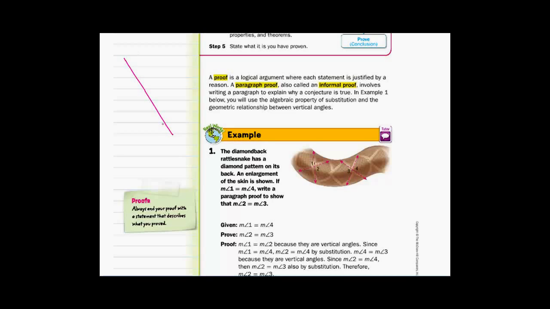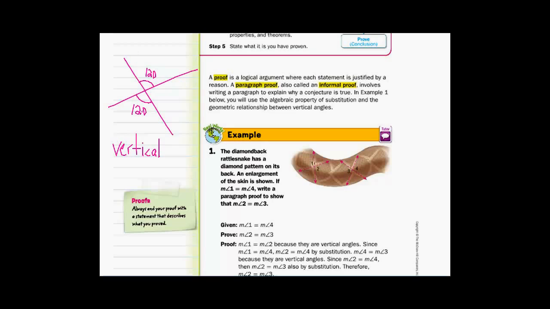All right, let's say we have two lines that cross, say like that. Okay, there is another type of angles, vertical angles. Now, normally you think about vertical being up and down. In geometry, it means we're talking about angles that are directly opposite each other. More formally, they're non-adjacent angles that meet at a vertex. Non-adjacent means they're not next to each other, so there would be space in between. They do not share a common side, and they have equal measures. So if I told you that this one was 120 degrees, then you would automatically know that this one is